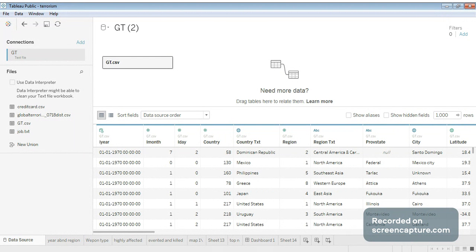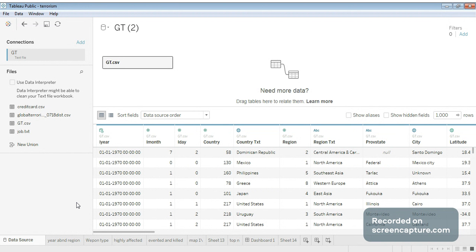So, the task that I'm going to talk about is an analysis on the global terrorism dataset. The task that was given to us was that we had to perform EDA, exploratory data analysis, on this provided dataset. Before I get into what I've done, I'll explain what the dataset is exactly about.